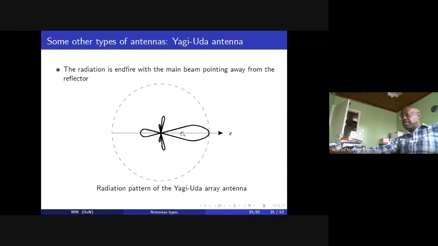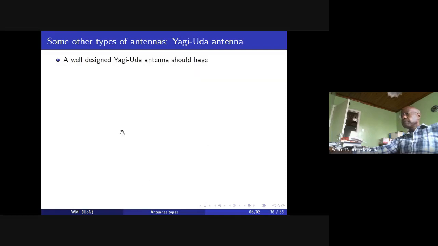So what I was saying, the front to back ratio was the ratio of the amplitude or the height or the level of that main lobe to the level of the back lobe. So a well-designed Yagi antenna would therefore must have a high directivity or a narrow beam width. Two, the reason why is because most of the time places where the Yagi is used is in say around the estates, and the